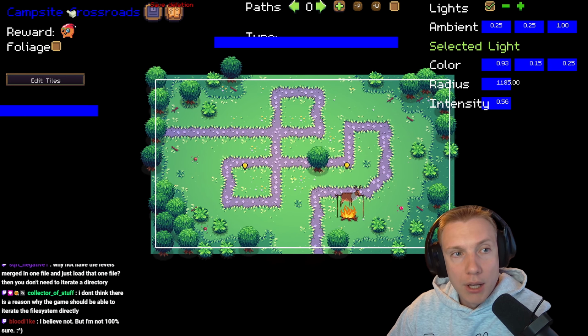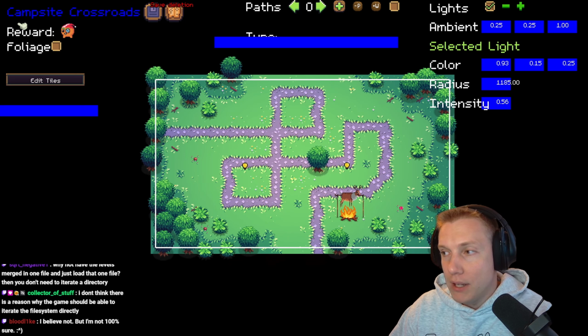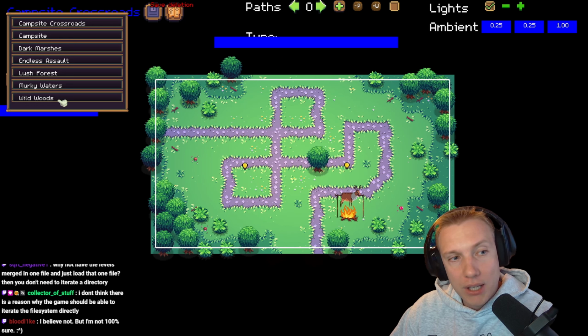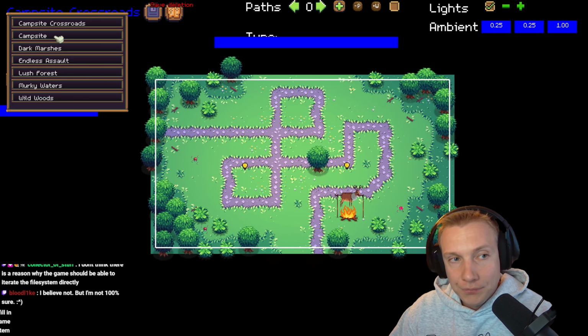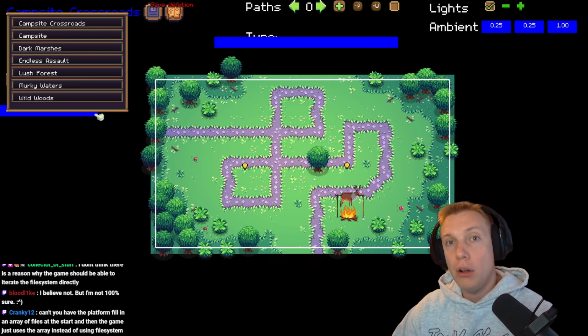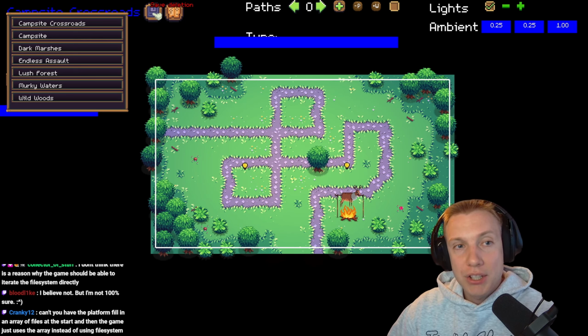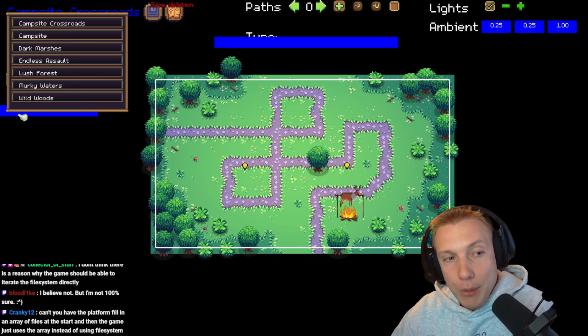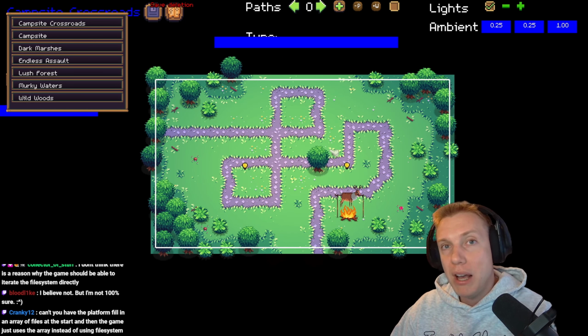This is a level, and right here on the top you can see the name of the level in blue. It's kinda bad looking right now, but essentially, if I click on this, this gives me all of the levels that are currently in the game. And if I have more levels in this folder, it just gives me another one here. So the only thing I have to do is save a level with a specific name and it will show up in this list, making this list bigger,